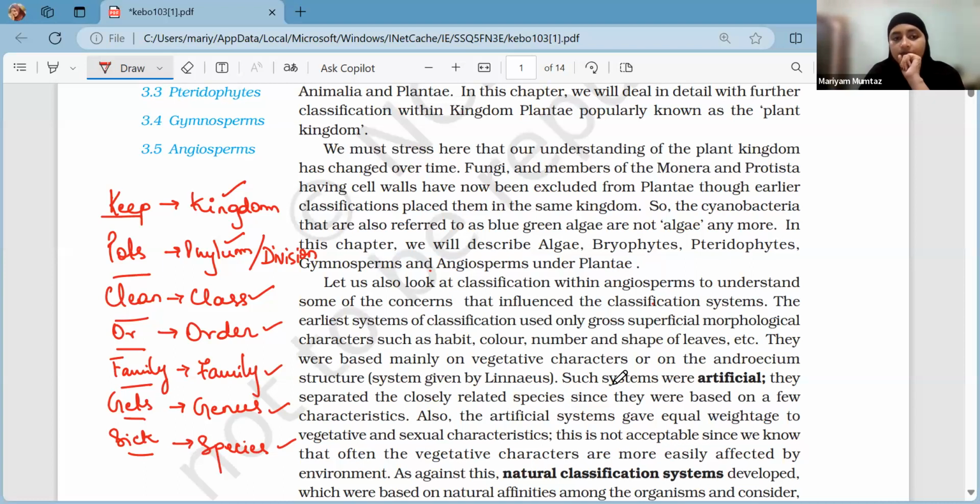All right. Now, talking about the certain divisions that are there. Since we are talking about the plant kingdom, we will talk about divisions, right? Kingdom is Plantae, and under the kingdom Plantae come certain divisions. Let us see what those divisions are. So, we have division algae, then there is bryophytes, pteridophytes, gymnosperms, and angiosperms. It is arranged from the most primitive to the most advanced.